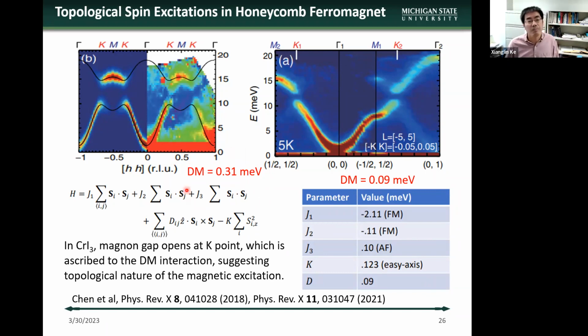Okay, 0.31 MeV. About 3 years later, they published another paper in the same journal, and they did a more extensive study, and they also recognized the samples and so on. But anyway, this is the result. From the new results, we can see that the magnon gap is much smaller. Right now, it's about 2.8 MeV instead of 5.6 MeV in the previous results. Based on these new results, they could extract the DM interaction, which is about 0.09 MeV. Okay, and then you might wonder, on the same system, how come the DM interaction or the magnon gap is different? And the reason is because